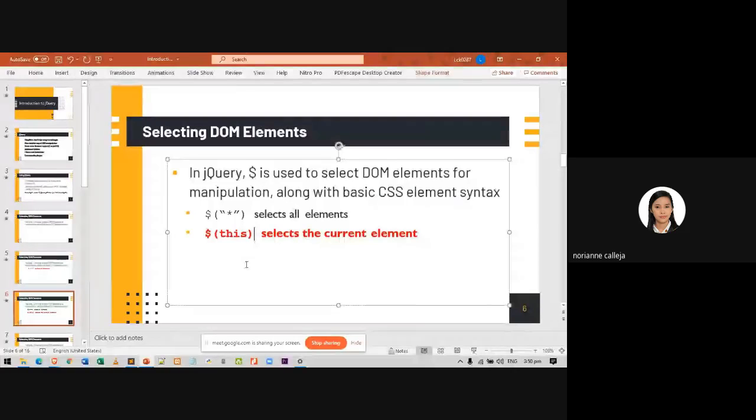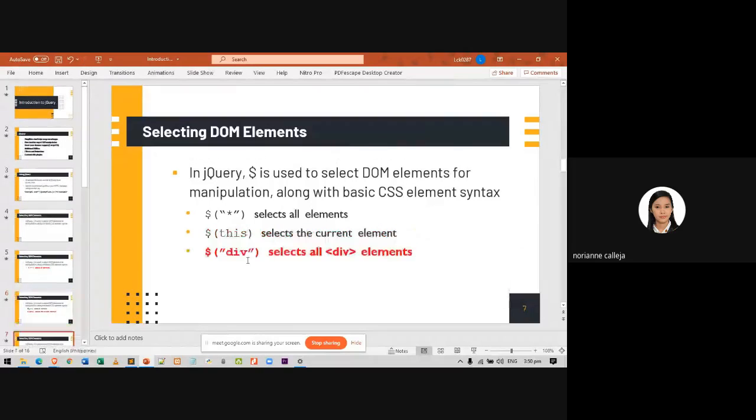You can use this format with the this keyword. Do not enclose it with quotations because the console will treat it as an element. And we all know that we don't have this element. So important, please take note of that.